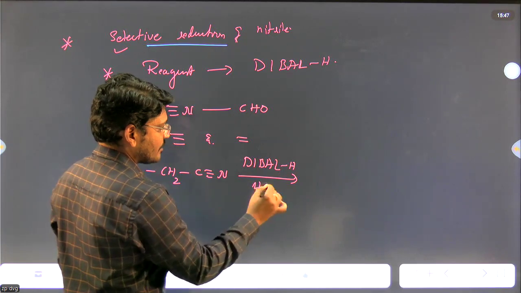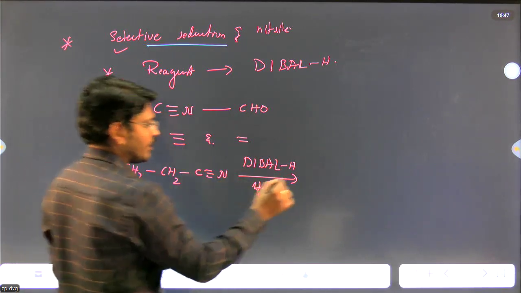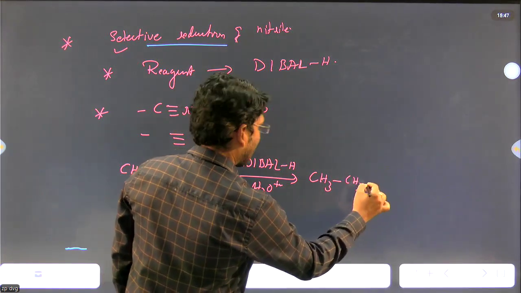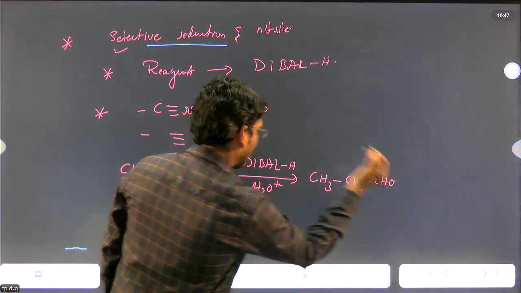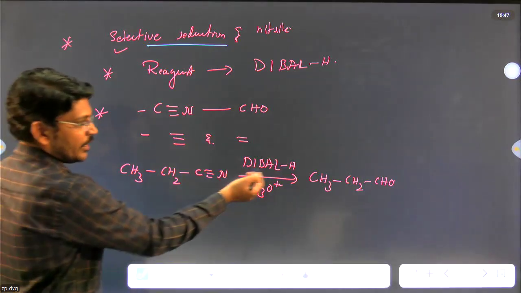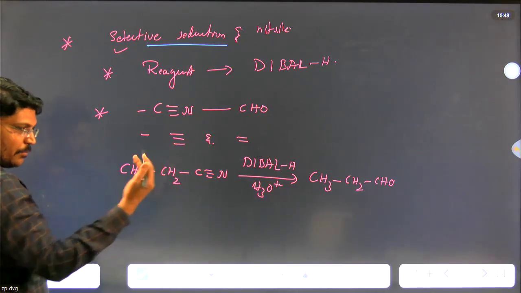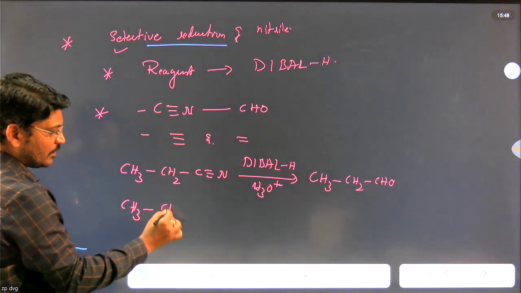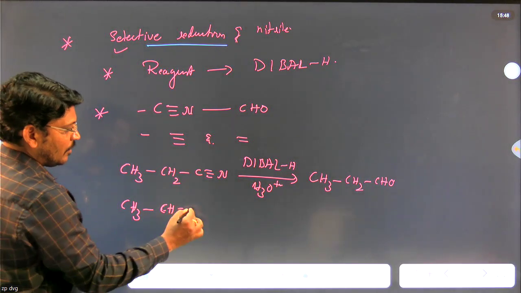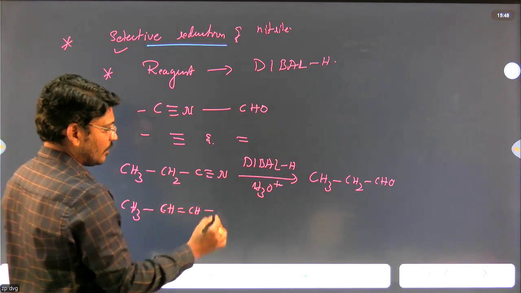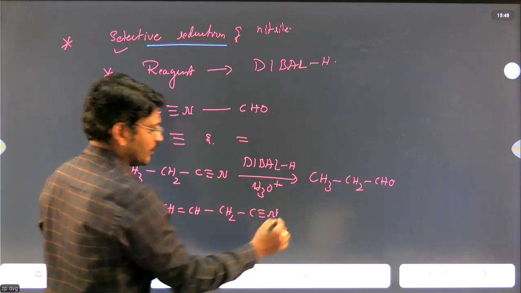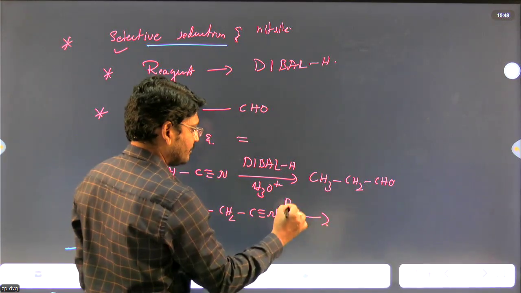And further hydrolysis. So compulsory we can get the component CH3CH2CHO. So observe here, we already said that DIBAL-H does not affect a double bond or a triple bond. For example, we can consider one more: CH double bond CH, single bond CH2, here C triple bond N. So when this is reacted with DIBAL-H